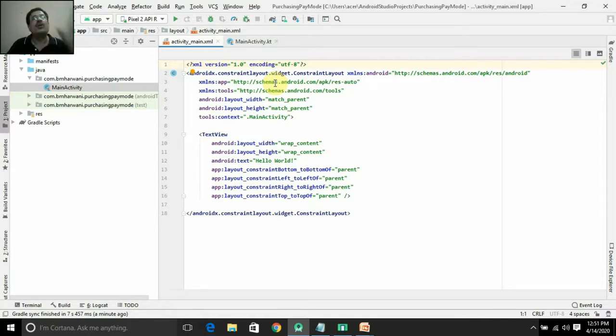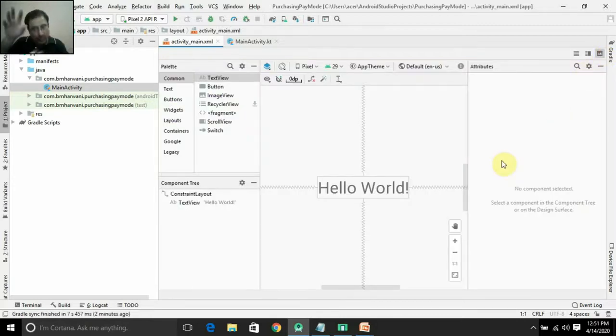If you go for grid layout, obviously your component will be laid out in the row-wise as well as in the column format, right? This constraint layout establishes the constraints between the components to each other as well as with the layout. We'll just see to it.